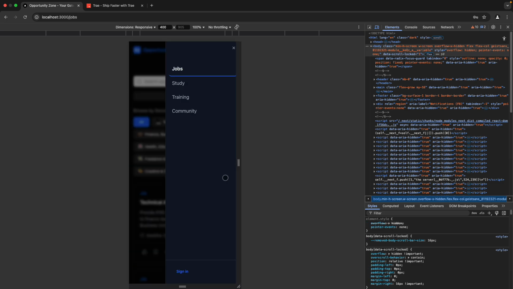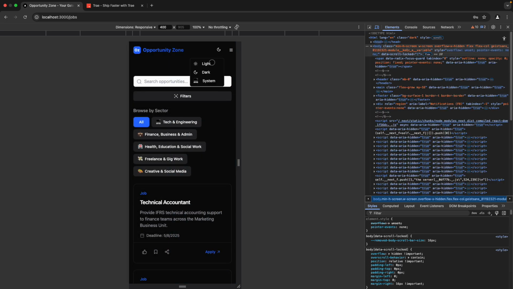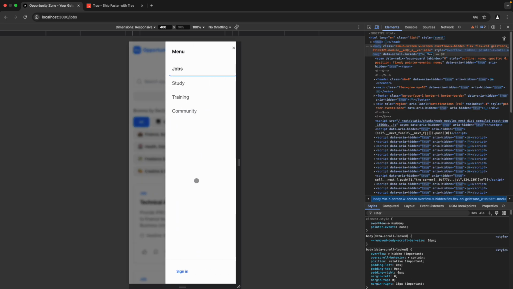And we can see here that indeed that is the case. And then if we switch to light mode, it shows the light mode there. Okay,